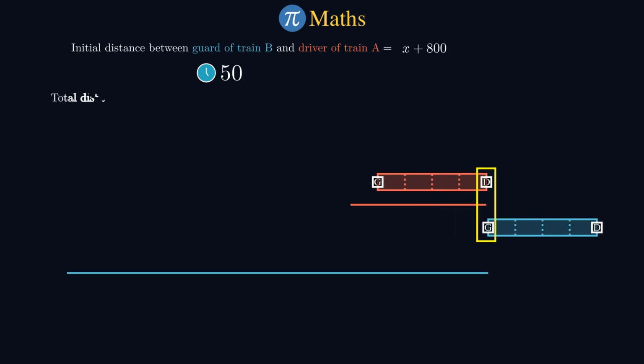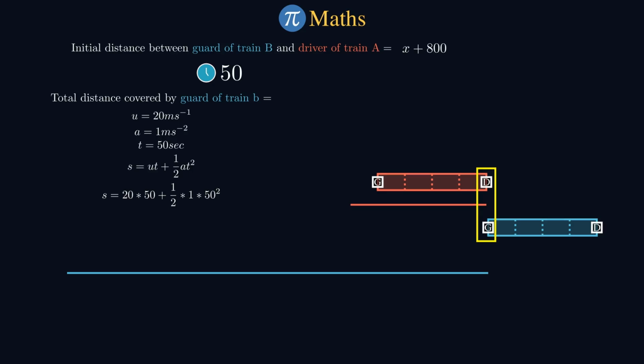Now let's find the distance covered by the guard of train B using the equation of motion. S is equal to ut plus half at square. Initial velocity is 20 meters per second. Acceleration of train B is 1 meter per second square. Total time is 50 seconds. Put values and solve the equation. Distance covered by the guard of train B in 50 seconds is